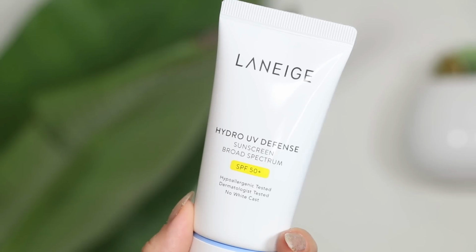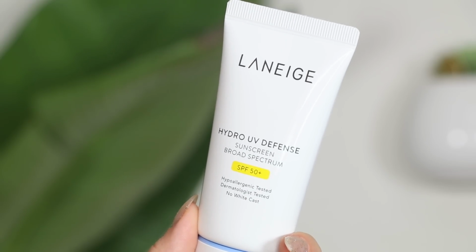So, I want to talk about two products today. One is a little bit gimmicky probably, but I love it anyway. And then one is an SPF. The new Laneige Hydro UV Defense Sunscreen Broad Spectrum SPF 50 is so good. It just blends right into the skin. It's so fast, but it has absolutely no white cast. It's a white sunscreen, but then it just blends into the skin and you're like, oh my god, I just look deliciously glowy. Nowhere near a white cast, but your skin looks lovely, so fresh,